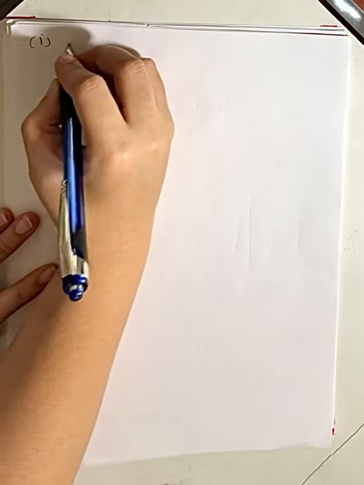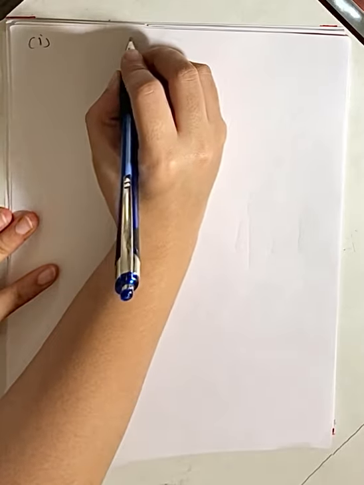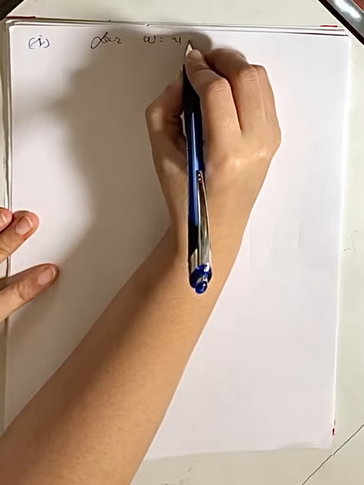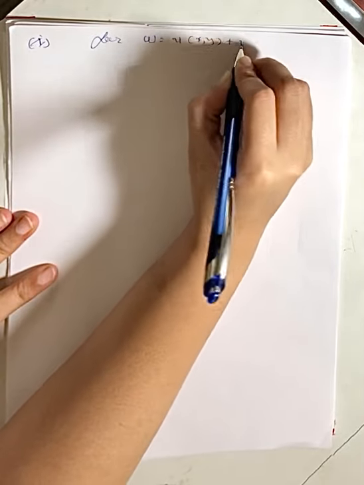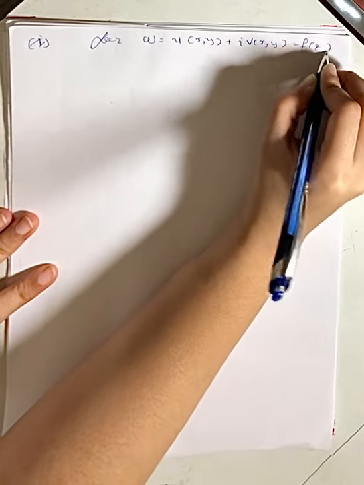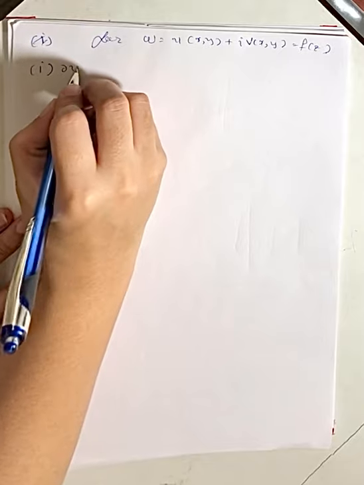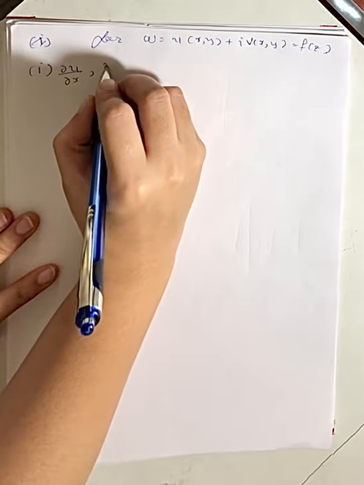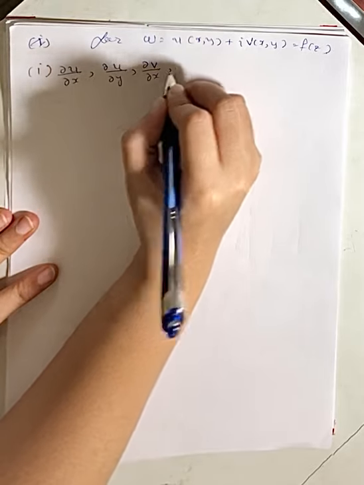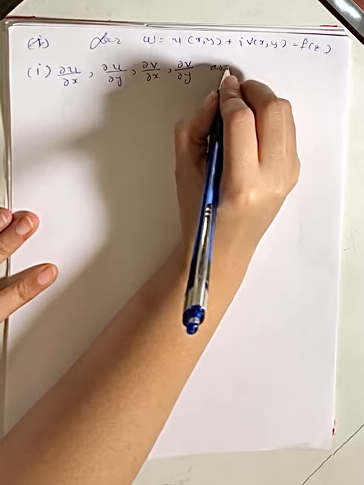Let me write first, for w equals u(x,y) plus i v(x,y) equals f of z. The first condition is del u by del x, del u by del y, del v by del x, and del v by del y are continuous